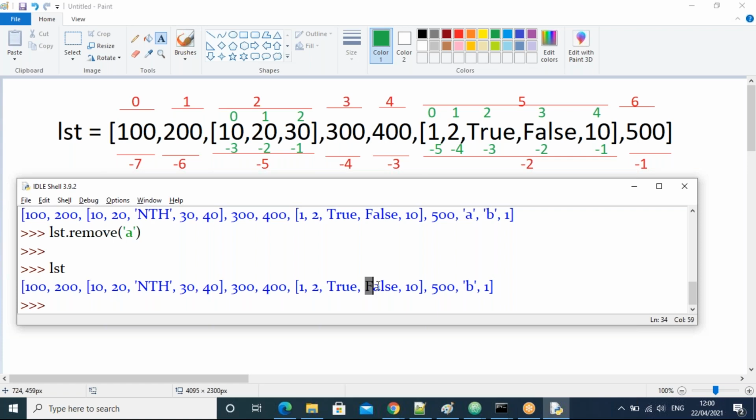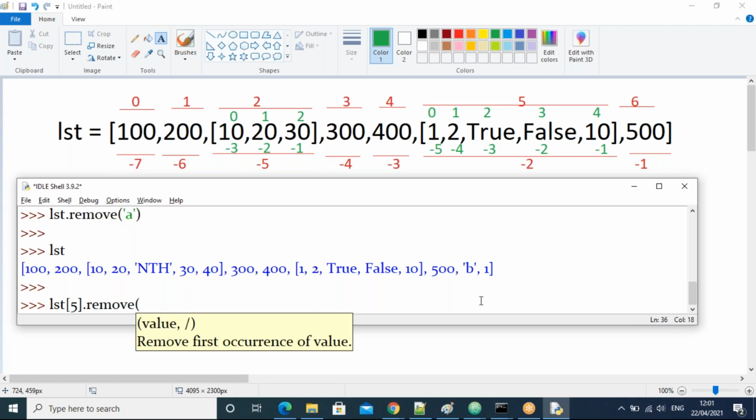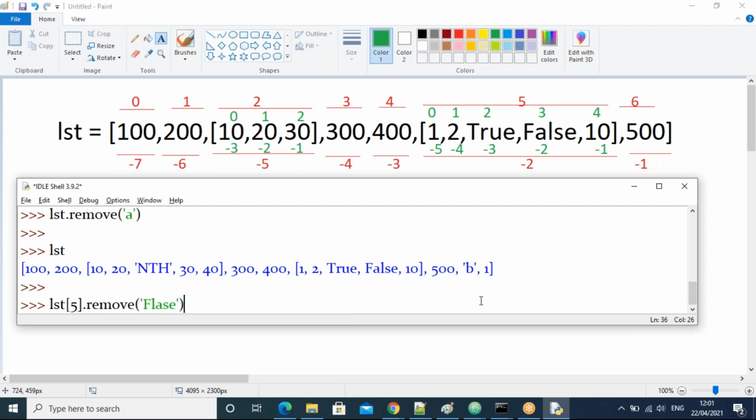Right, my requirement is removing the false, which is in list of 5, the sublist name. Yes, very good. All giving the correct answers, guys. So list of 5, then from there remove of false. Now, if I click enter, sorry, false spelling mistake, right?